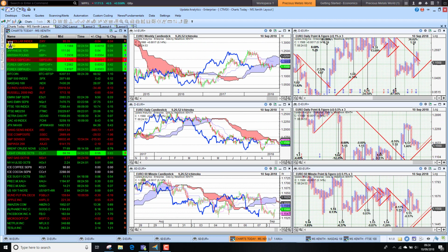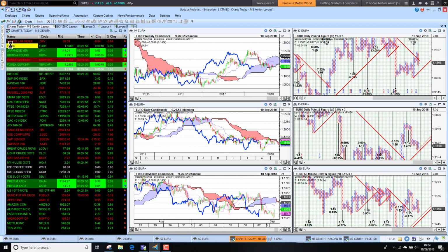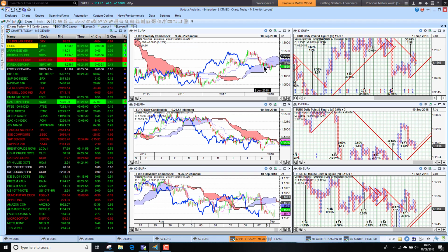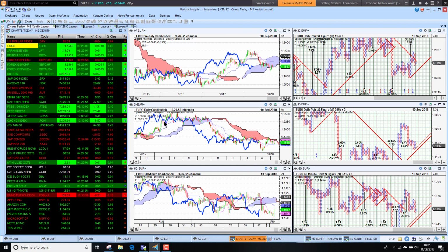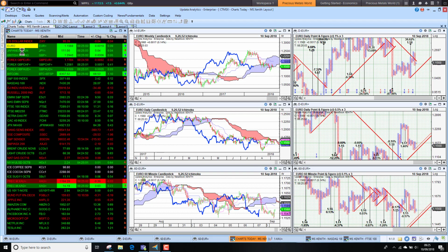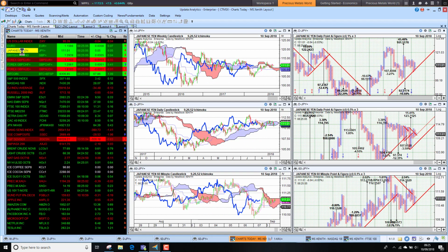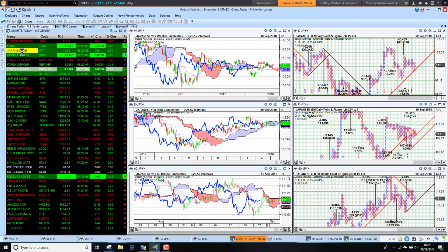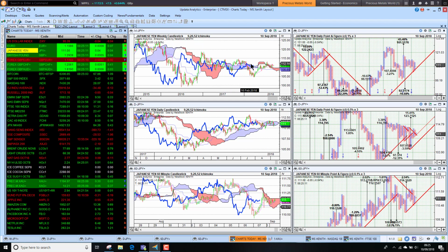And if we look at the euro, we see the euro is testing the cloud from above on the long-term chart, bearish, medium and short term. So that dollar strength is still a theme, and the Japanese yen, where we normally see the dollar strength showing up, dollar is not looking quite as bullish here, but the long-term transition is the thing to watch here.